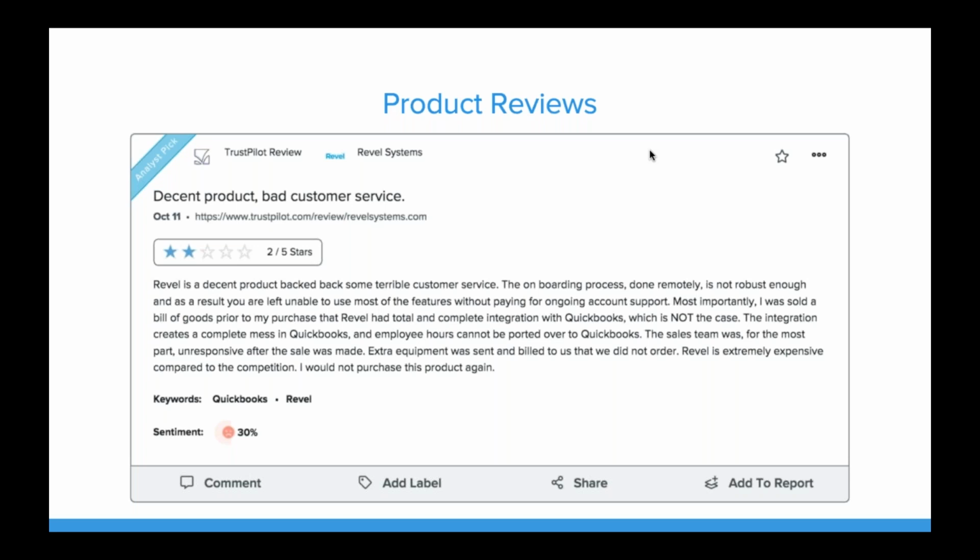So product reviews, it's a great way to get some feedback from actual customers about your own solutions and your competitors' solutions. So trying to understand what is it that customers like and don't like about your competitors' solutions. How does that compare to your own? You're going to ultimately use this to leverage your strengths against your competitors' weaknesses. So trying to catalog this and understand, all right, what are their strengths, what are their weaknesses based on customer feedback.